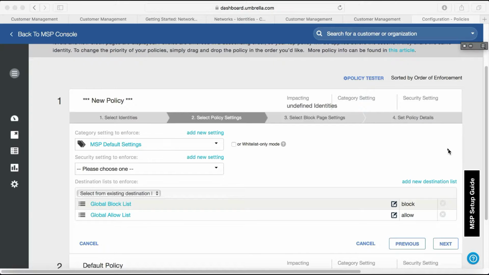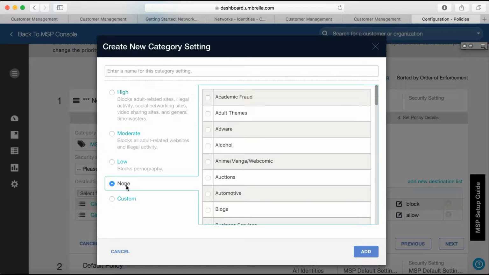We will go through each one of these categories now. So first one, category settings. These settings allow you to select the content categories to be blocked for the identity selected in step 1. And by default, no content categories are blocked, so adjust accordingly and give your setting an appropriate name. So how do we do this? We go to add new setting. For example,